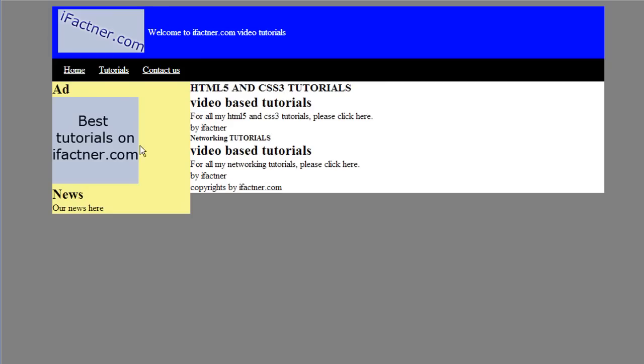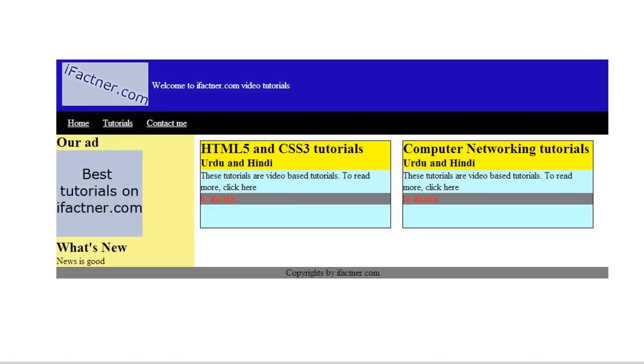So now we would be discussing how to style our section and articles. Right now our page looks like something like this, and we would like our page to look like this. And